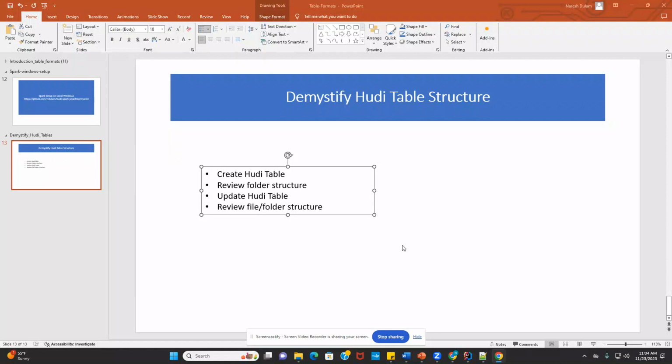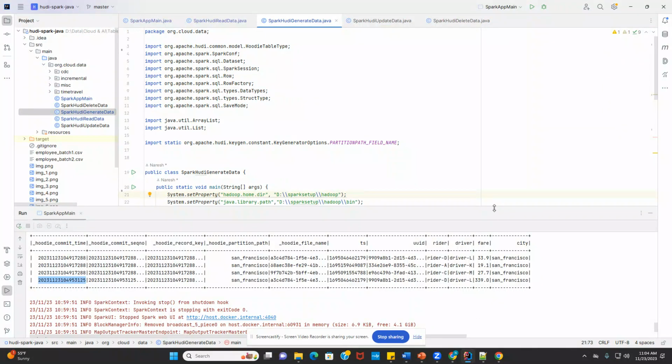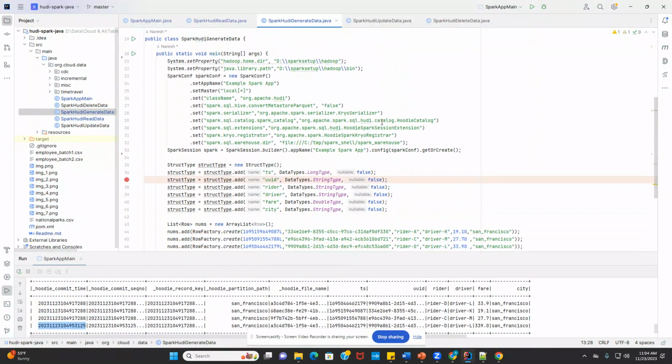In this video, we will go over the Hudi table structure, create our first Hudi table, and find out what is inside this folder structure. In the previous video, I shared my GitHub links, so I'm using the same GitHub link as part of the GitHub links,